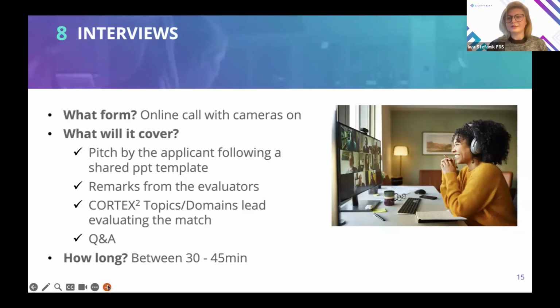So what is expected at the interview? It will be an online call where we will simply ask you to turn on the camera. It will also be recorded for the purpose of transparency. What it will cover: a pitch that will be given by you as an applicant, following a specific template that we will provide for you with specific aspects